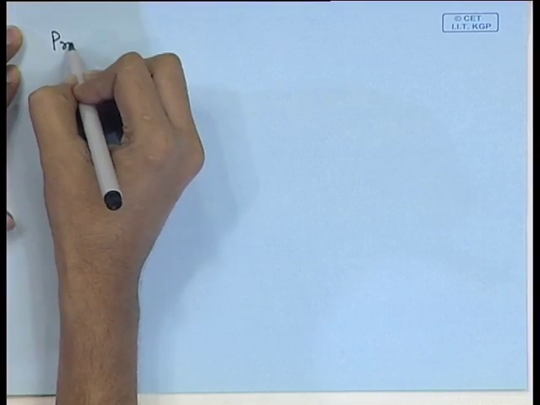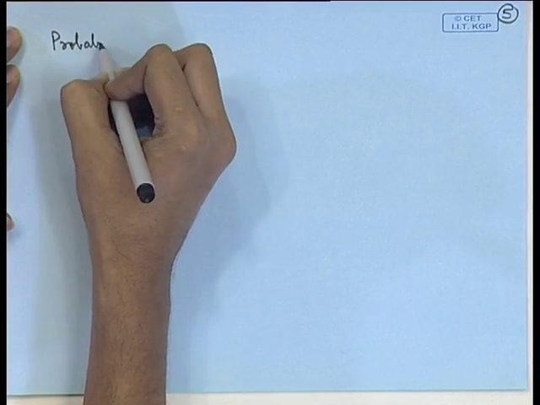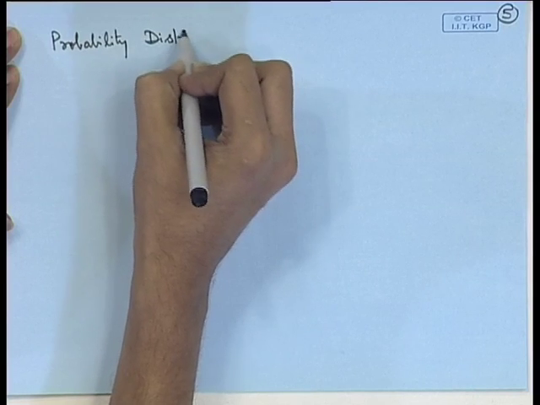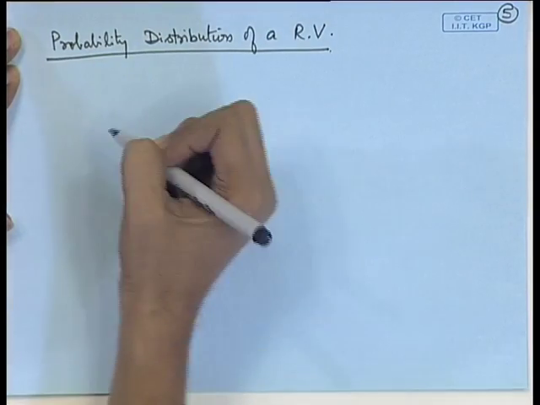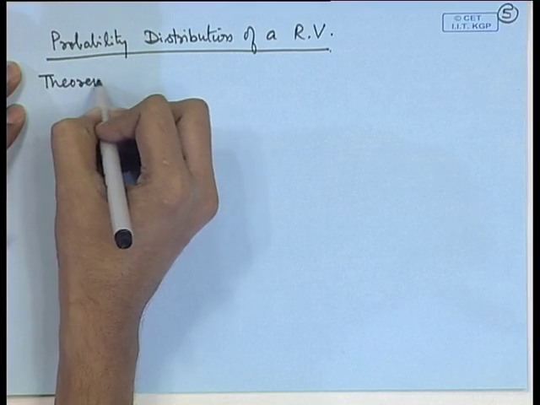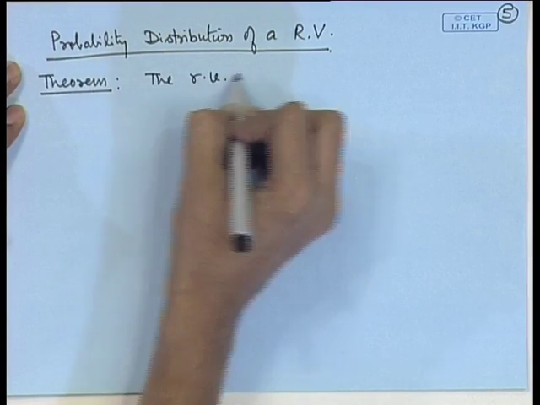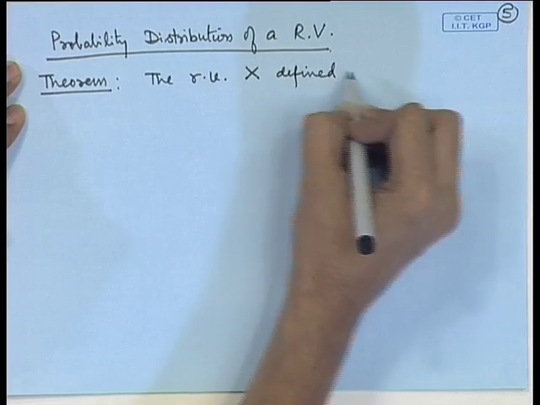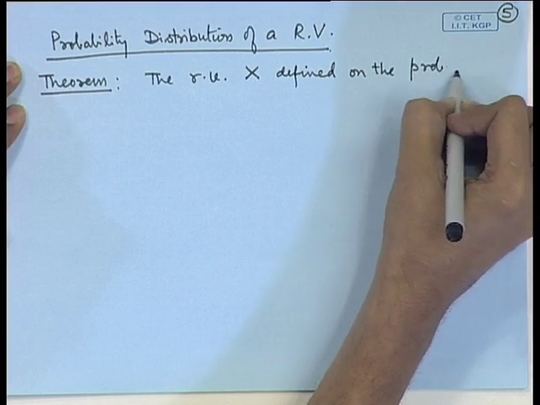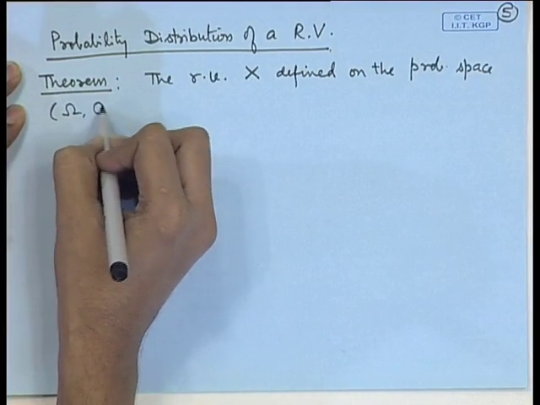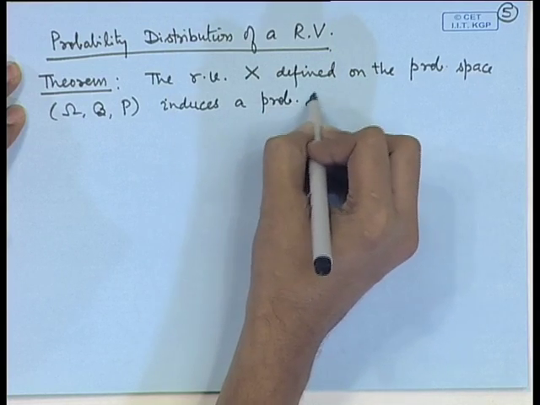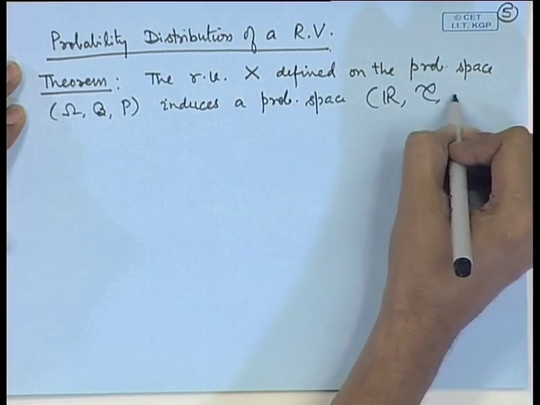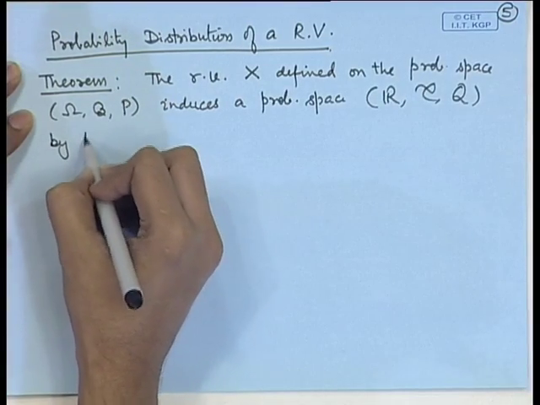Next we talk about the probability distribution of a random variable. We have the following result. The random variable X defined on the probability space (Omega, B, P) induces a probability space which we call (R, C, Q) by the correspondence